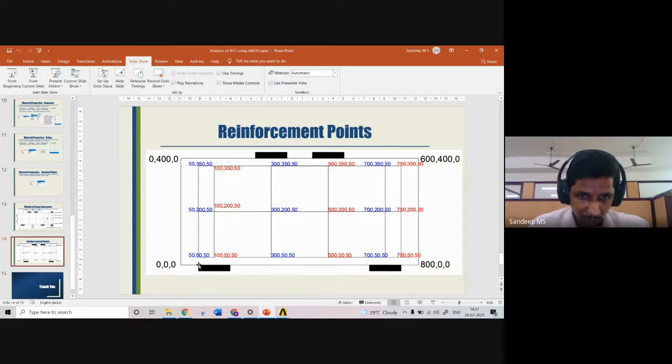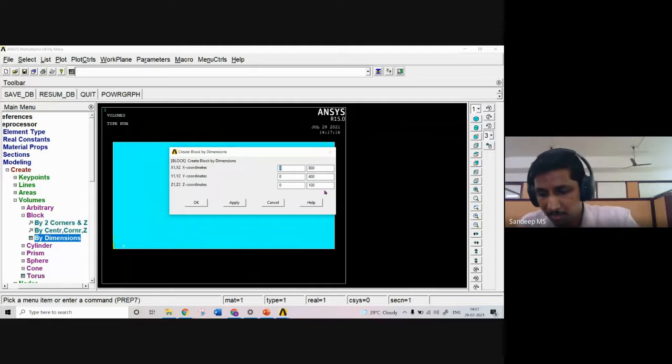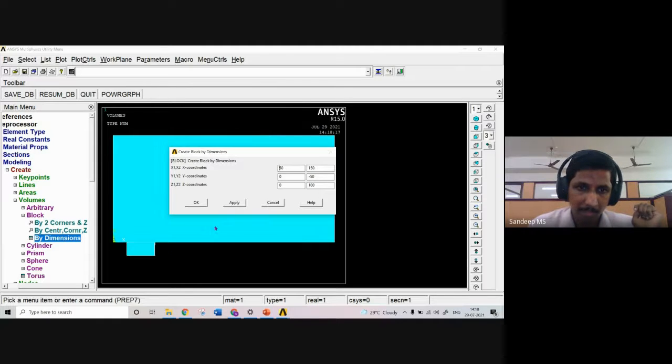Minimum should be 0. And we have this thing going downwards. So it should be a negative value. Say let us take the thickness of bearing plate as 50 itself. So in this case, I will enter 50, 150. This is regarding the lengthwise direction. Then height is starting from 0, ending at minus 50 in the downward direction. And Z direction is starting from 0 to 100. We need the bearing plate throughout the thickness of the beam. So I am just pressing the apply button. So you can see one bearing plate is formed here.